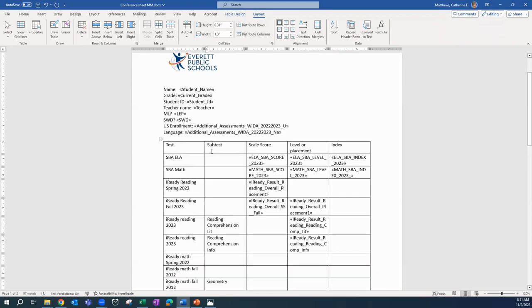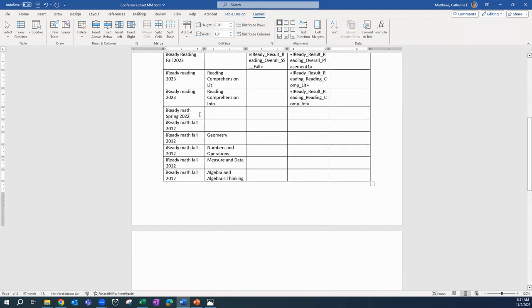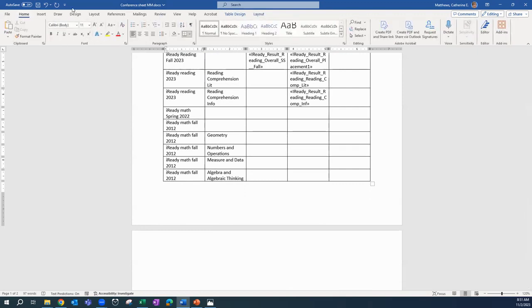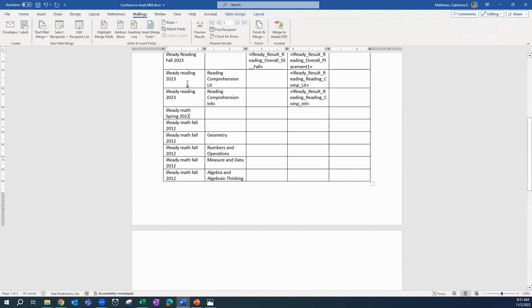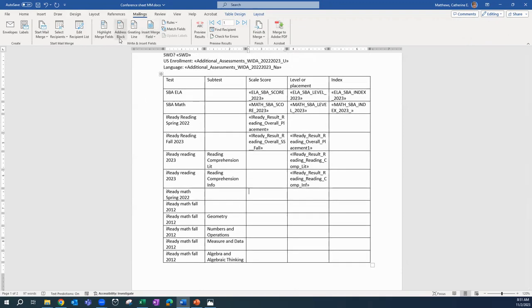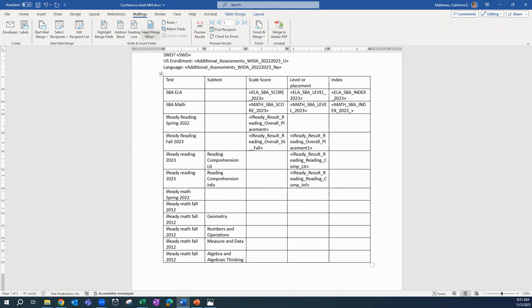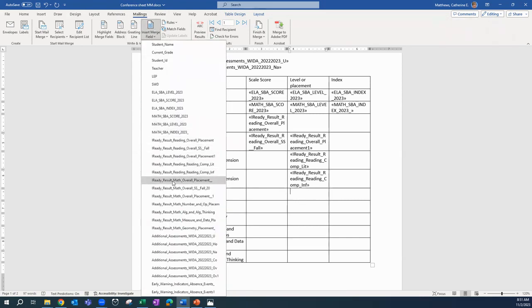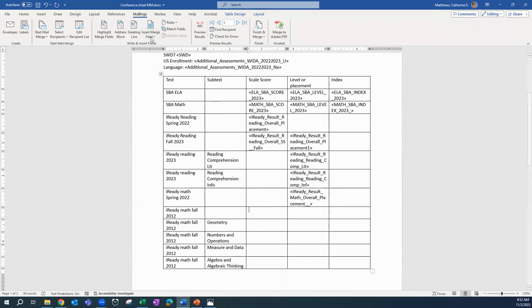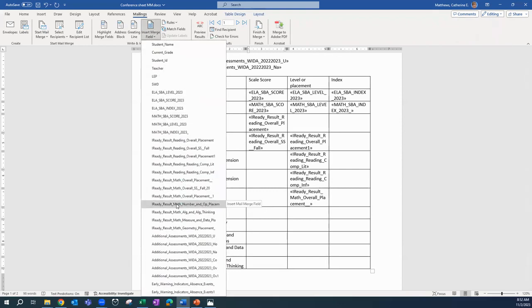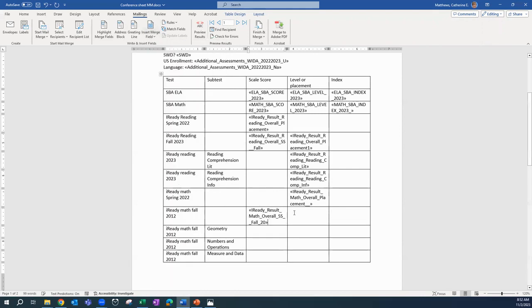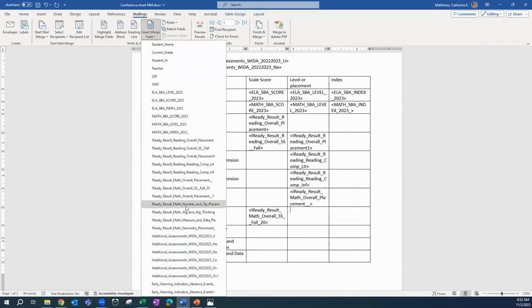All right. So now we have our iReady math. And we're going to go back to our mailing and we're going to update this field. So remember our scale score. So math. We had an overall placement for spring. We'll go to the overall placement for spring. And then for fall, we have all the scores. So we have our scale score, our level,